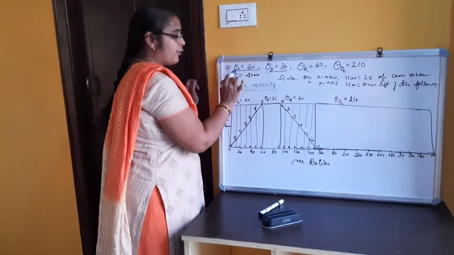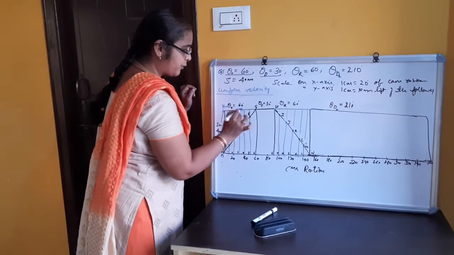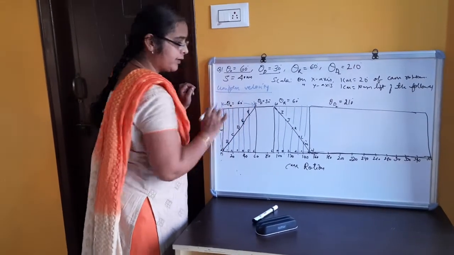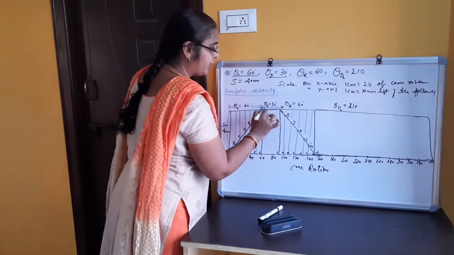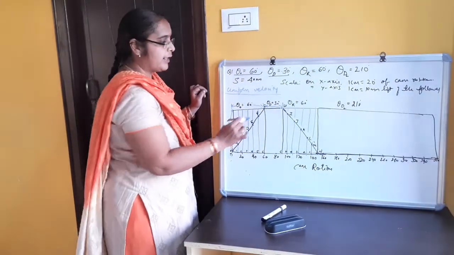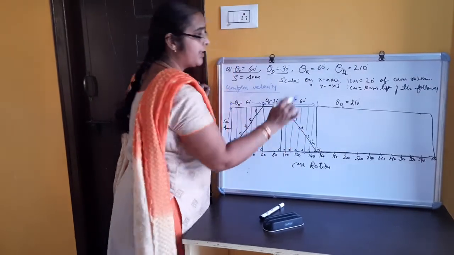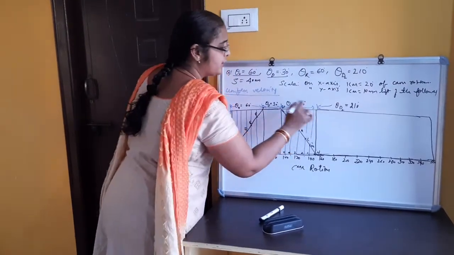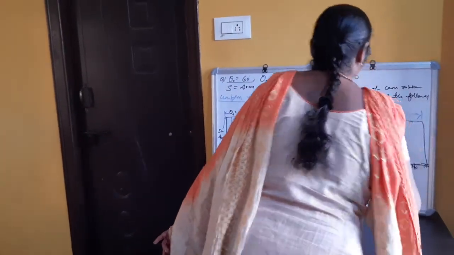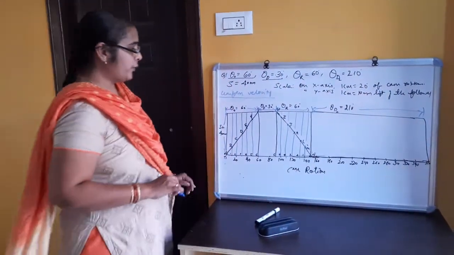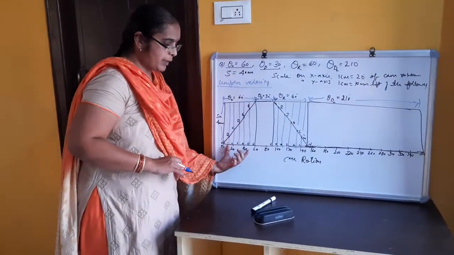According to the outstroke angle, it is equal to 60 degree. So you are supposed to take 60 degree for the outstroke and the next 30 degree for dwell, right? And the return stroke is 60 degree. So again I have taken 60 degree here, and the remaining is 210 degree, which I have represented as the dwell period, right? Now again the outstroke region is divided into 6 equal parts.